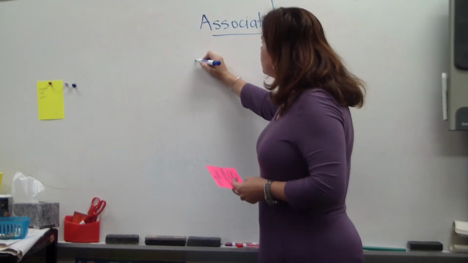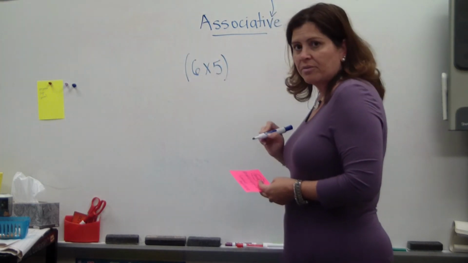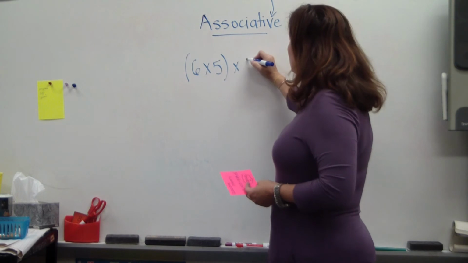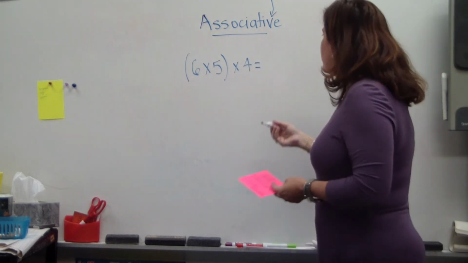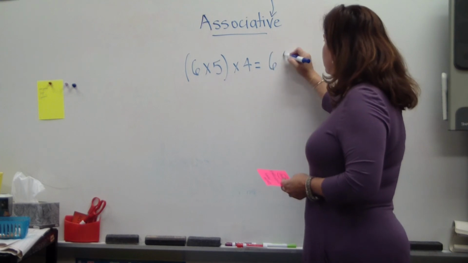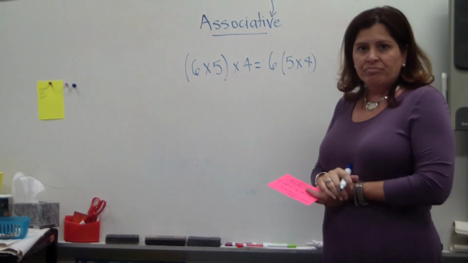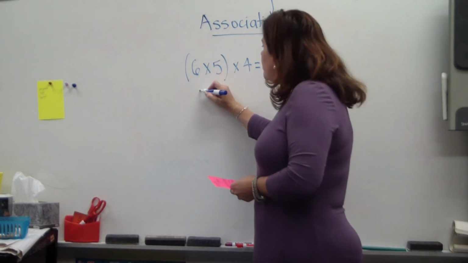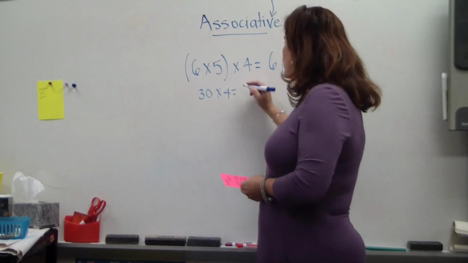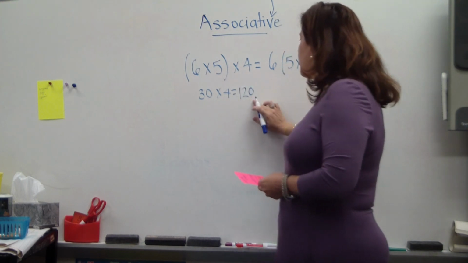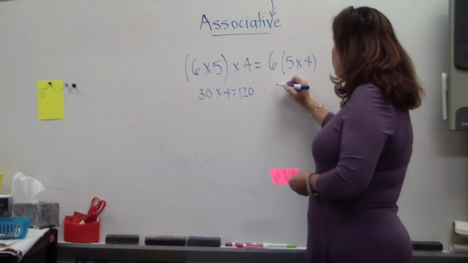Let's do 6 times 5, right, times 4. All right? Well, it's the same as if I were to say 6 times 5 times 4. Okay? 6 times 5 is 30, times 4. I know 3 times 4 is 12, and then I bring my 0 over to get 120. Or I can say 5 times 4 is